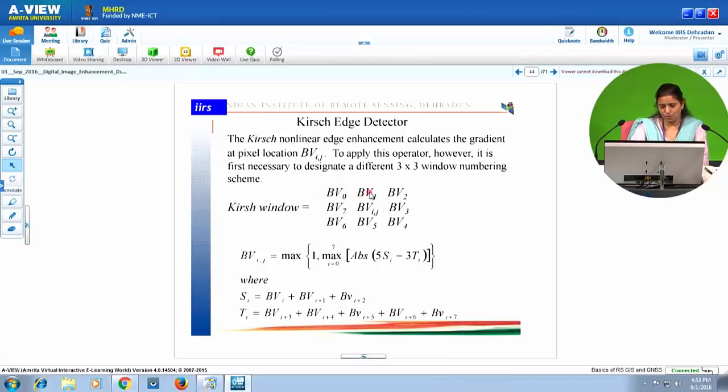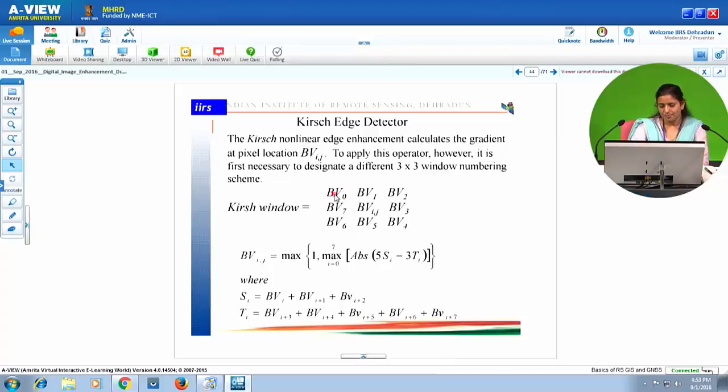We will go clockwise. Brightness value 1, 2, 3, 4, 5, 6 and 7. The central pixel we are not giving any number, so we are not using it in the calculation either. So for the Kirsch window, we are doing the calculations 8 times.